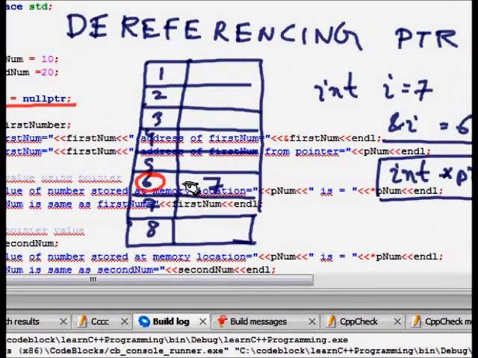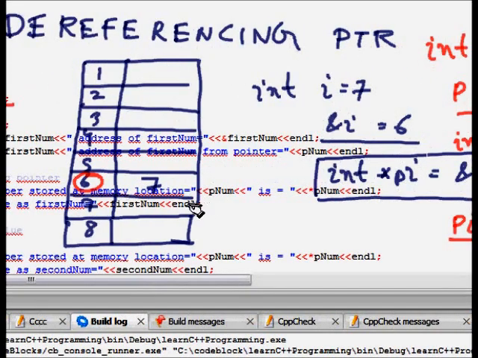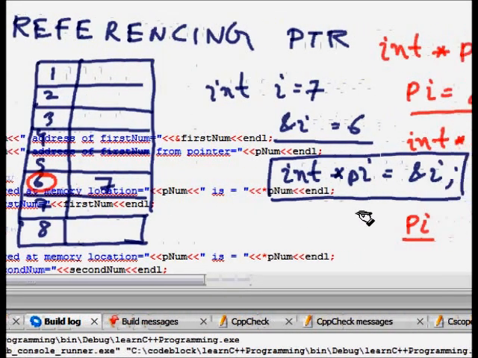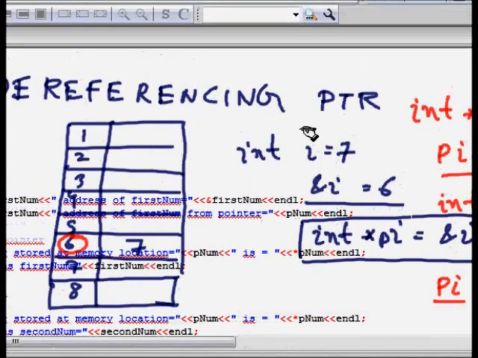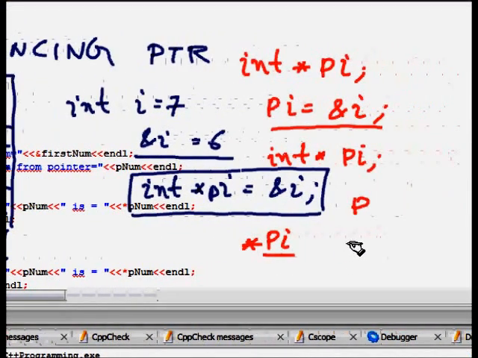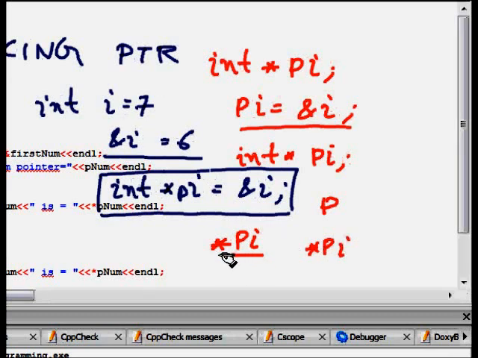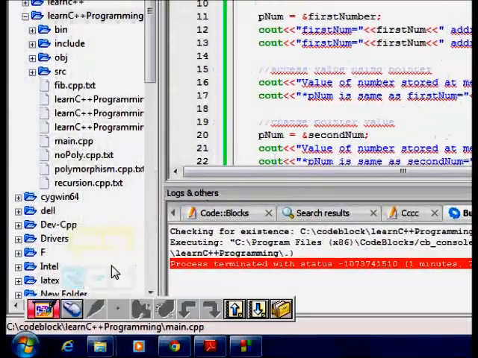The address will be stored in a pointer variable, here pi. How do we find the value stored there? We use the dereferencing symbol, the star. If you do *pi, it means the content in the memory location denoted by pi.